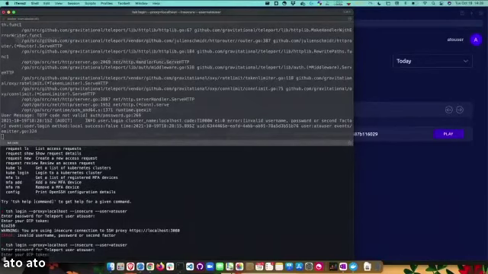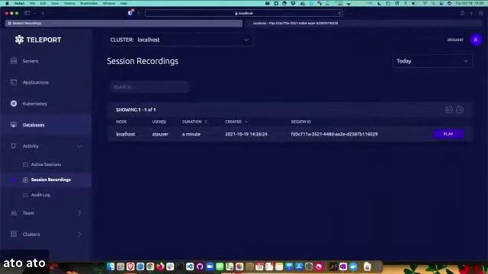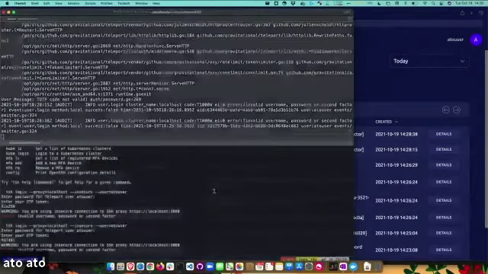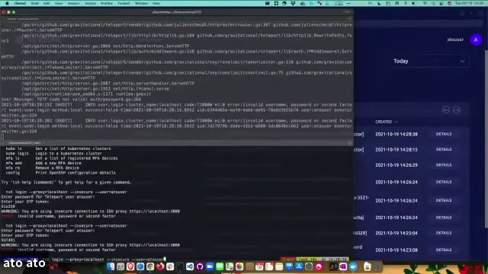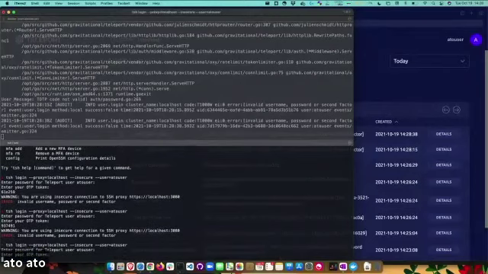Let's try this again. 6, oh, it just changed on me. 9, 3, 7, 4, 9, 1. All right, so I'm successful and Teleport logged that, so I can go back here to my audit log and we can see where it failed because I put in an invalid code, but it will also let me know if I'm authenticated in. Oh, that still didn't log me in. I'm struggling today, guys. Let's try this again.